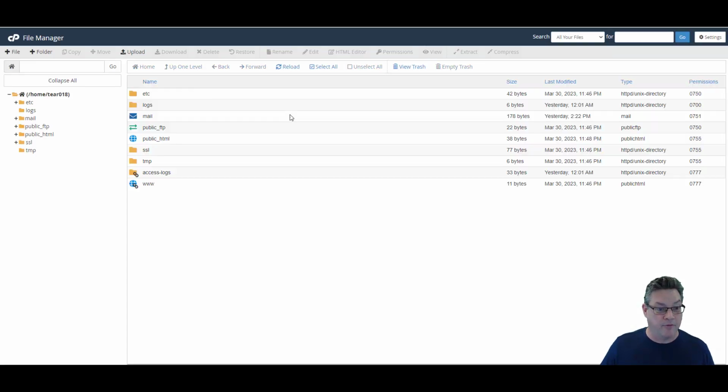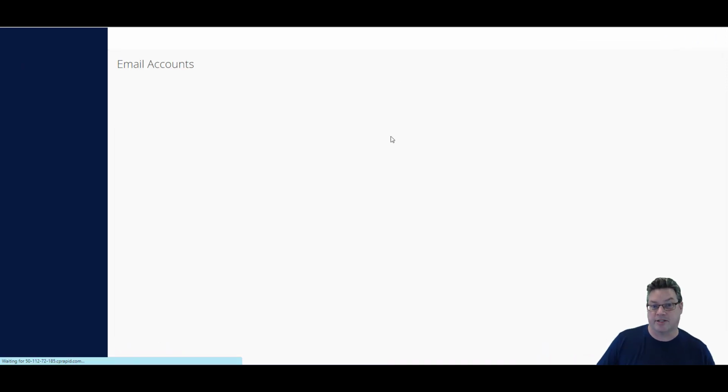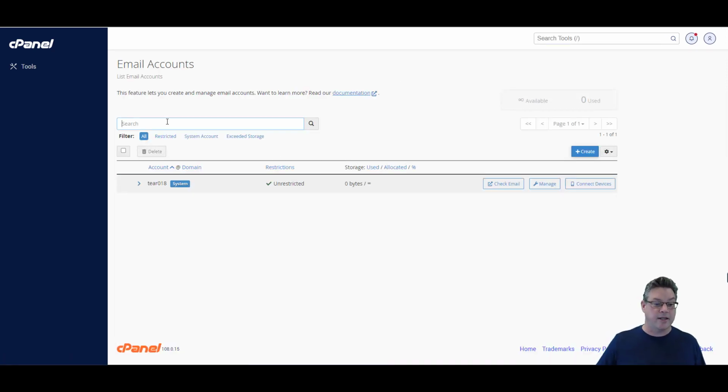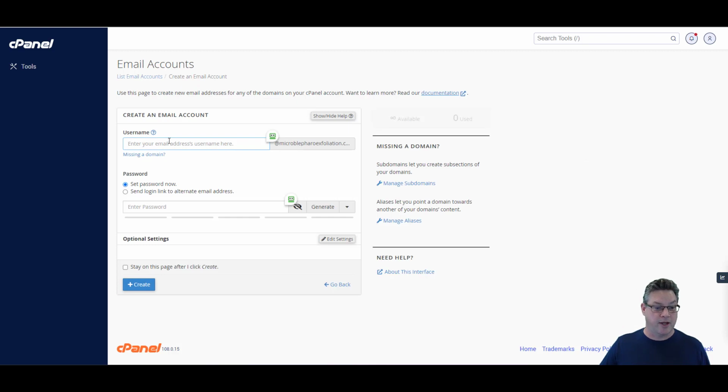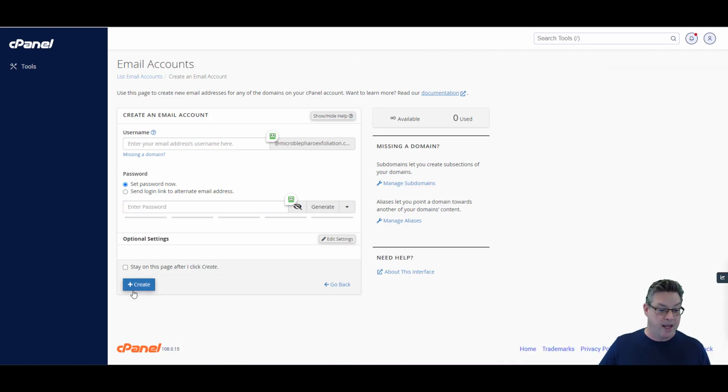Well, if we were to look at the files, there's no files yet. There's just this. It's just a system thing. It's empty. If we were to look at email accounts, they're empty. We'd have to create the email account that we want. So we'd create something like support at, and create a password for it, which may or may not be the